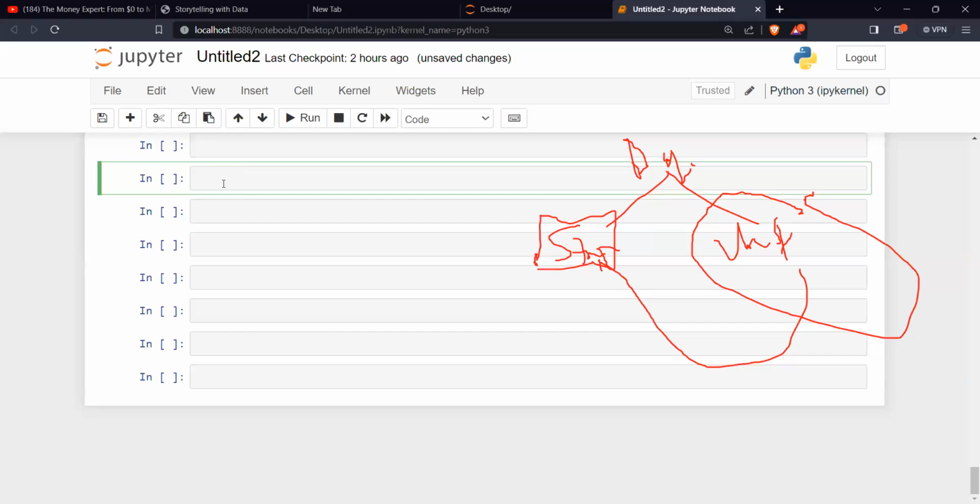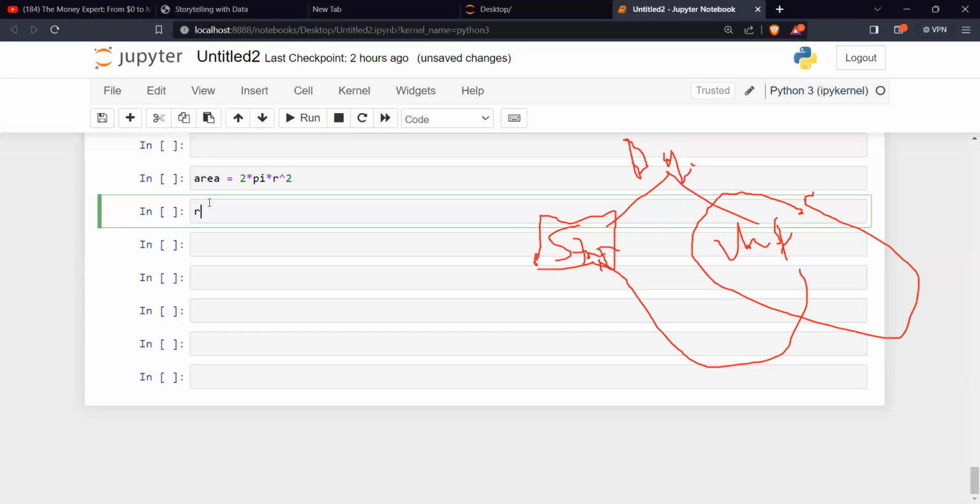How do you calculate the area of a circle? 2 pi r, isn't it? That's the circumference. So area will be pi r squared.